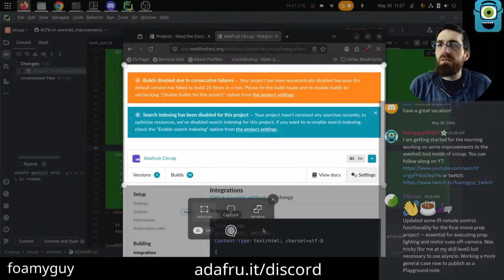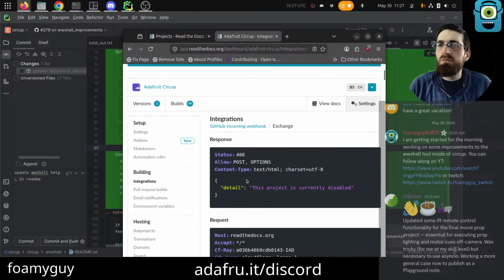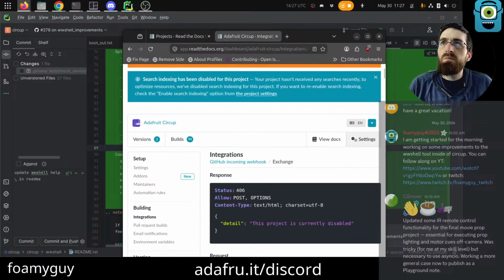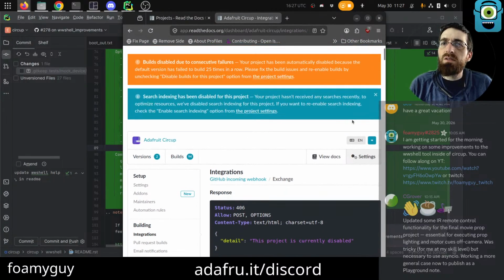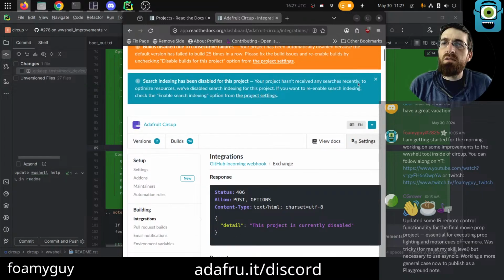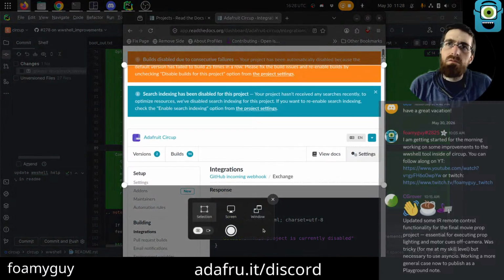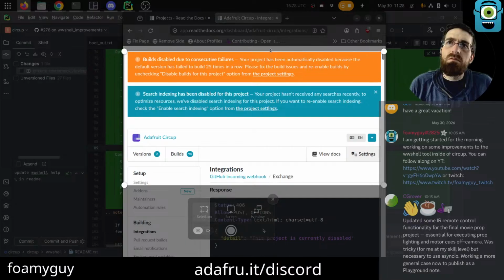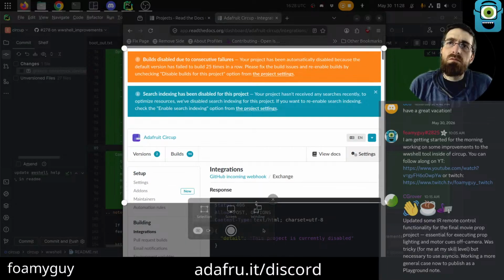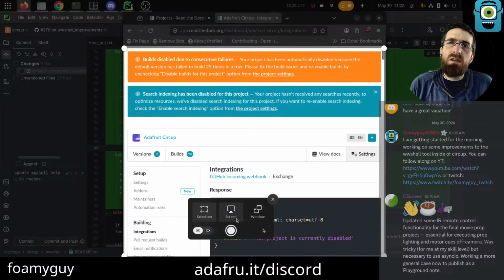But that's not true, because we saw the error on the builds page. This led me to here. I don't know what disabled means actually then, but